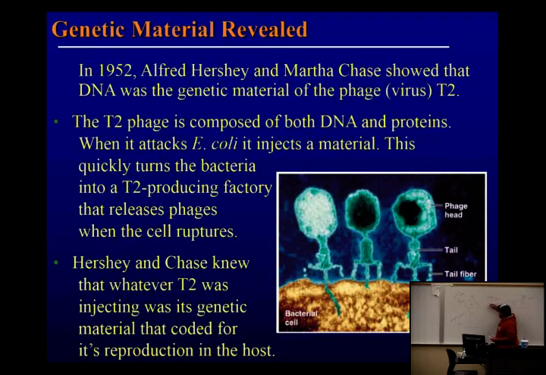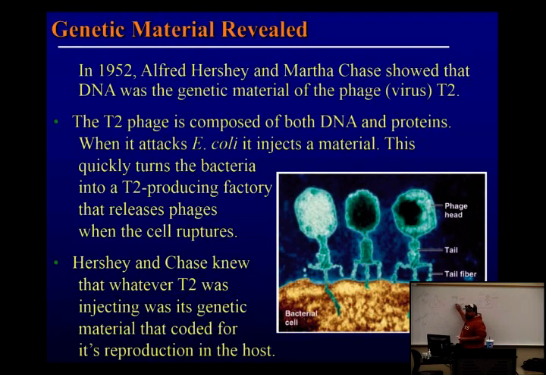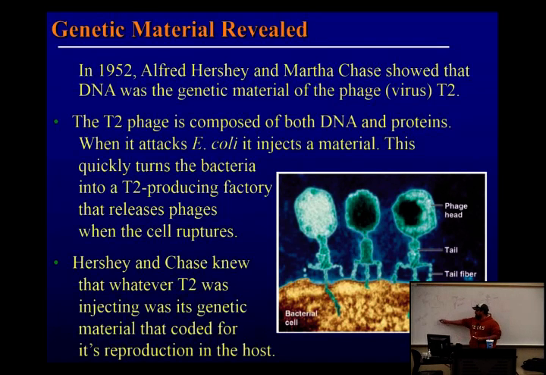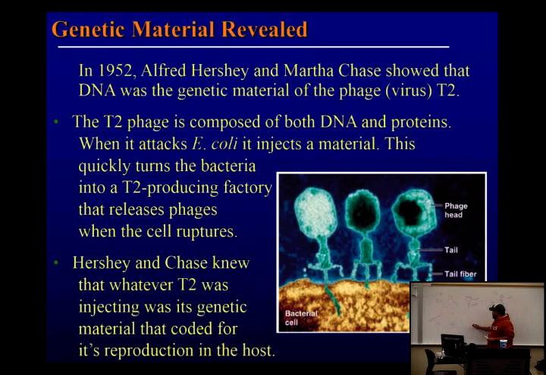The pellet. Just like when you guys spun your cells, right? They went to the bottom. So then they did it again using sulfur, and if sulfur was the genetic material and it got injected into there, so that would mean protein was the genetic material, where would the radioactivity be? Well, it would still be in the pellet, right? So the question is, of these two experiments, which pellet had radioactivity? The one in the phosphorus or the one in the sulfur? You guys probably know the answer to this.